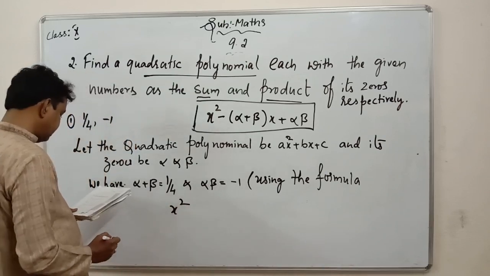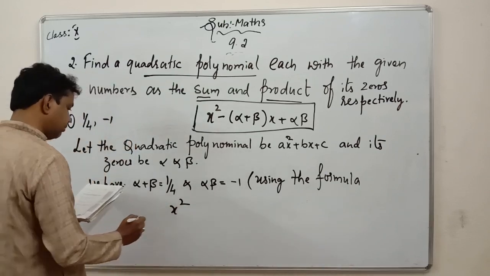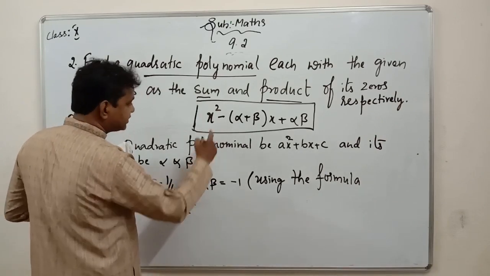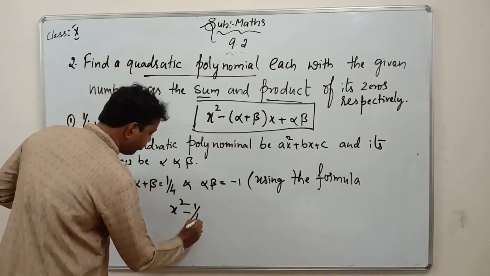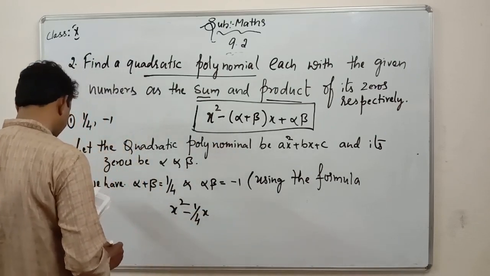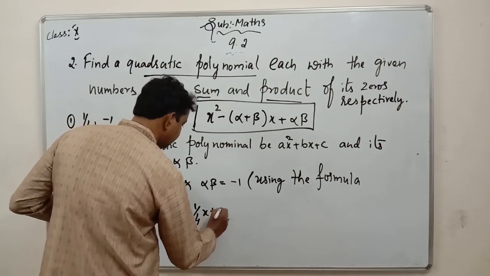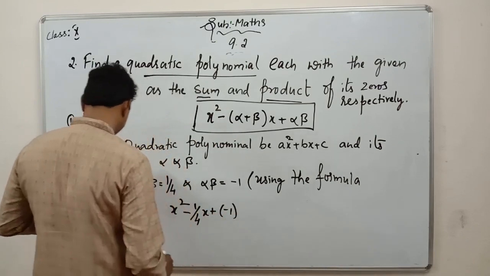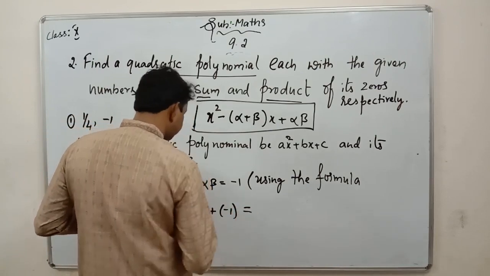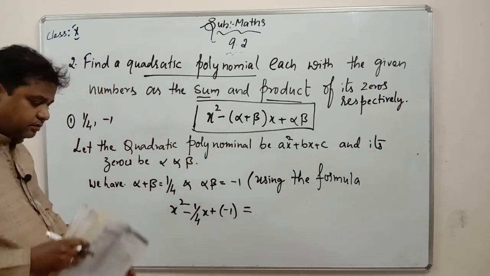is on x square minus, we have minus there, 1 by 4x, I will explain you, plus of minus 1, this equals to, see here,